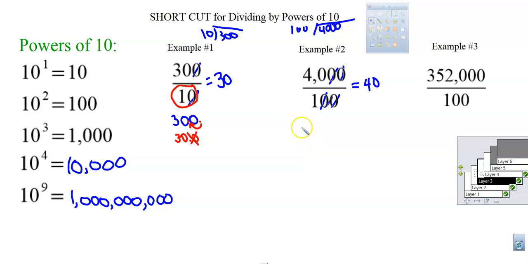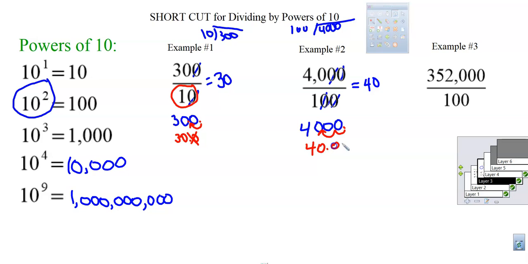Here's another way to do this problem. If you have the 4,000, instead of crossing off the common zeros, 100 is 10 to the second power. So we can take that end decimal point. Remember, 4,000 is a whole number. The decimal point belongs to the right of the last digit. And you can move that decimal point 2 places because you have a power of 10. That exponent is 2. 2 factors of 10 that you're pulling out. So this ends up